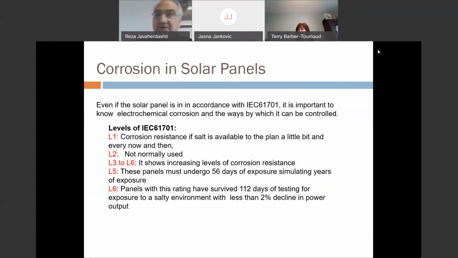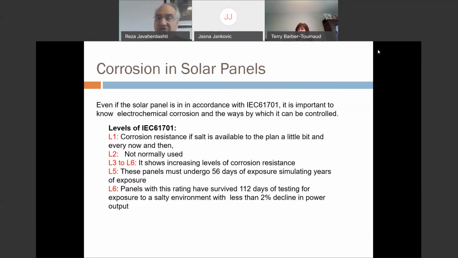And it is not a continuous process of getting, for example, salt on the solar panel. If it is the situation, then you would say that the solar panel I have manufactured has IEC 61701 level 1. Then it goes upper to level 3, level 5, and level 6,